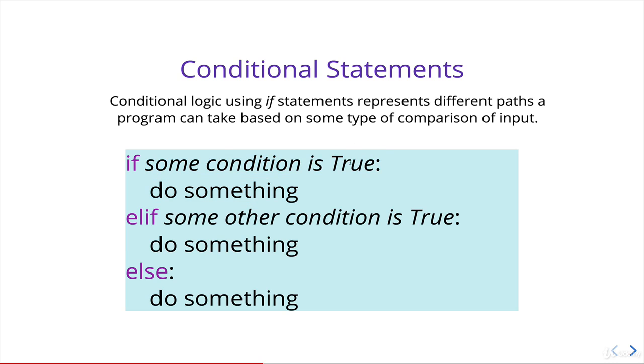And so if this is false, Python moves on to the next line, else if. So it's like an otherwise if. So if the first thing wasn't true, then try this one. So some other different condition. If that's true, do this. Notice the indentation, by the way. We'll spend more time talking about that. But Python is very white space sensitive. That's how it knows what pertains to which part of the if or else, elif, or the else.